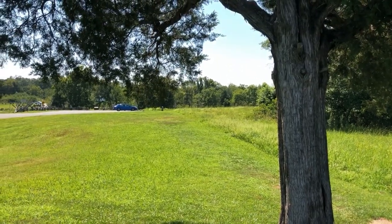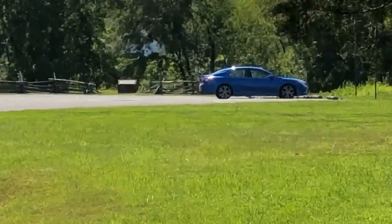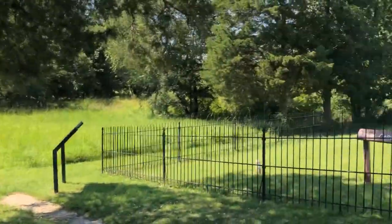Sorry, let me flip the camera. There we go. Lucinda Dogan's house is off in that direction right there, right through those trees down there. And she donated the land that formed